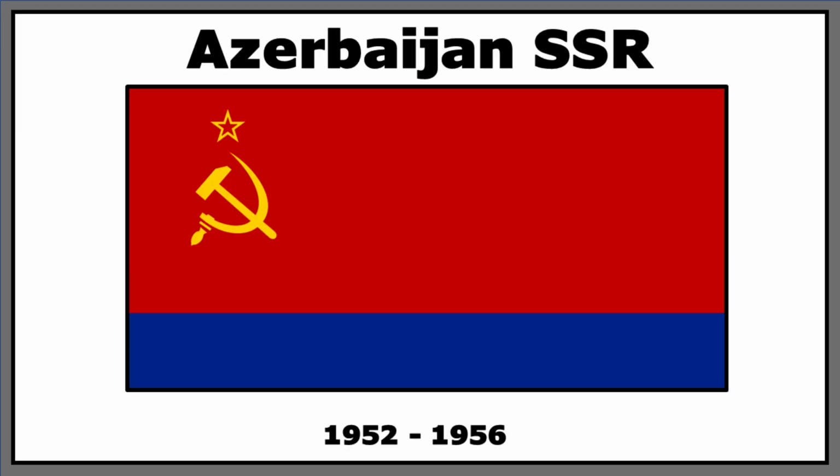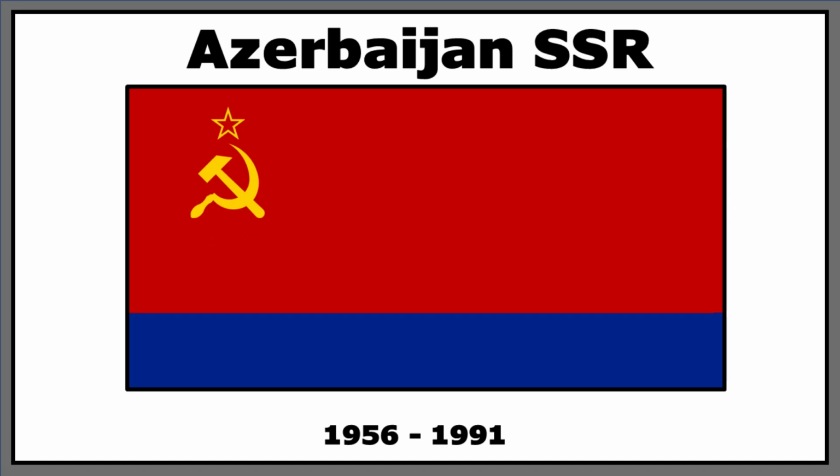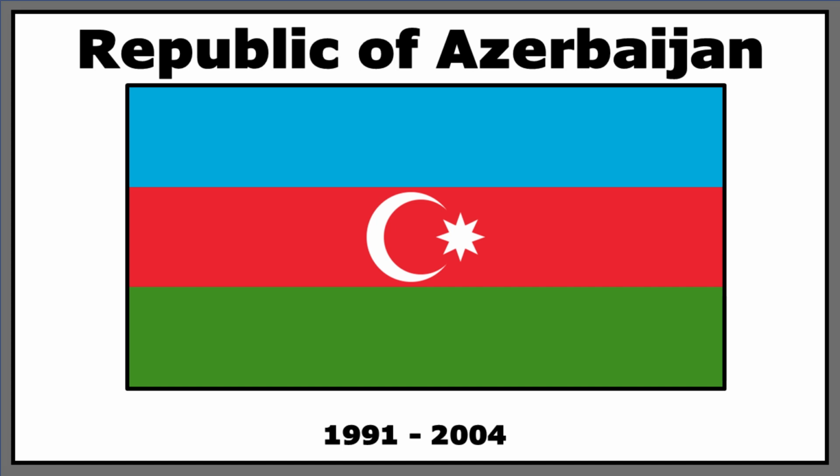And it wouldn't be the Azerbaijan video without yet another Blink and You'll Miss It. This time ever so slightly moving the hammer and sickle a little bit higher. Which takes us to 1991, where the current flag is made official. For some reason in 2004 the government decided that they fancied a greener blue and a bluer green for 9 years. But not to fear, they came to their senses in 2013.